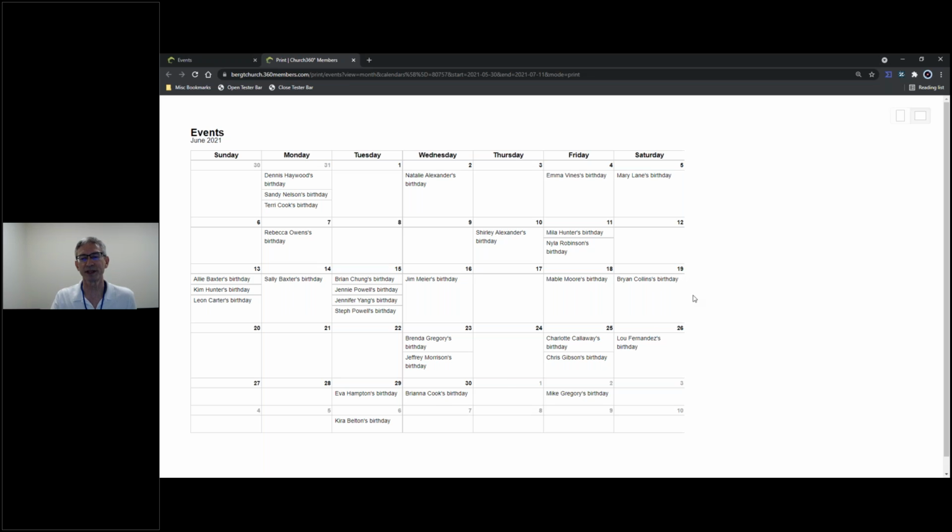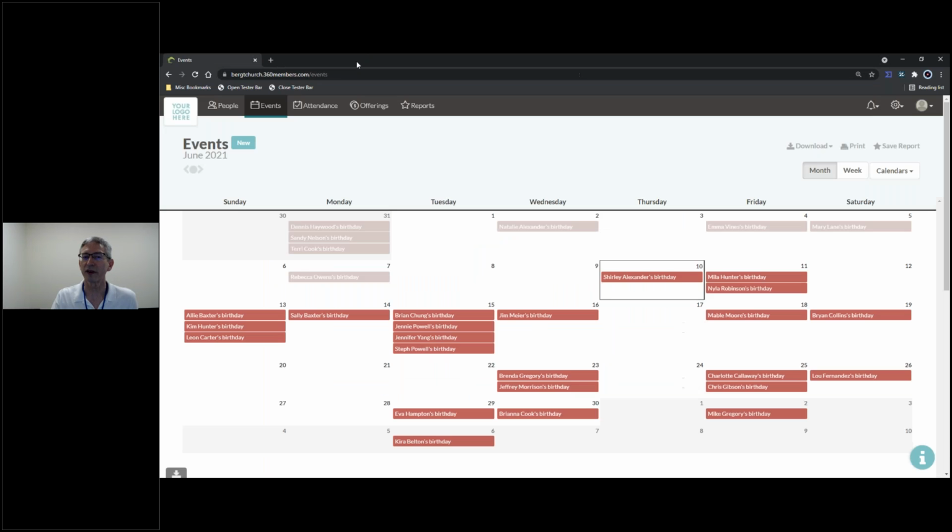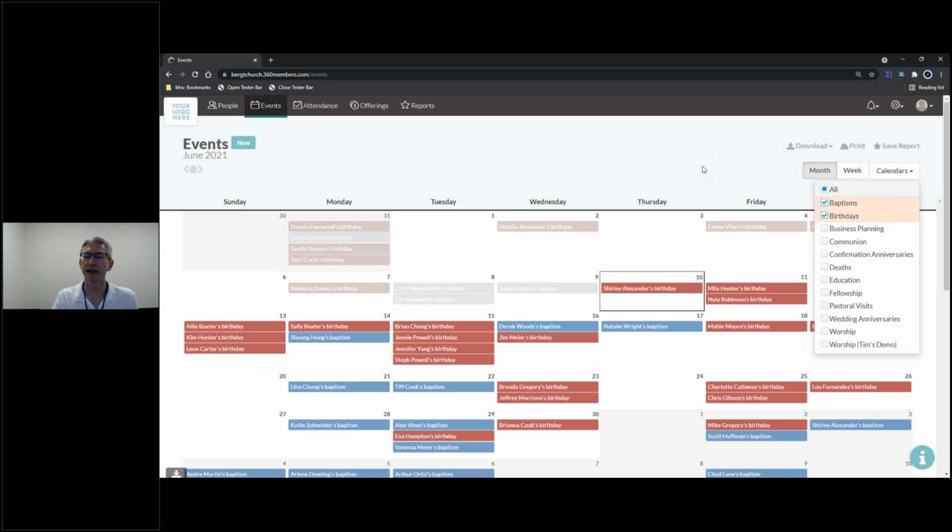And so sometimes if you've got a lot of content on your calendar and it skews the way it looks, you might want to check the calendars that you've selected, see if you can maybe keep a print one separately so that it prints in a better formatting from this internet browser print function. But one other option that you do have in cases like that, let's say we did have maybe more baptisms added as well,